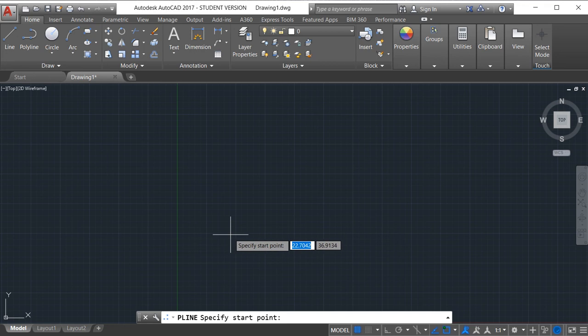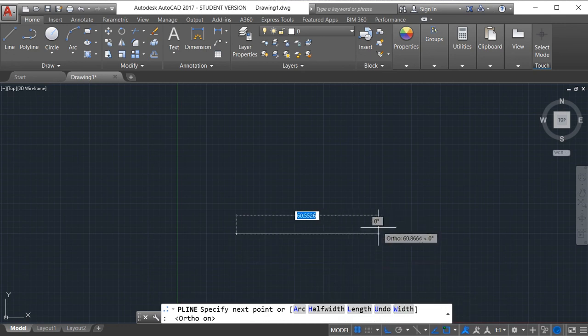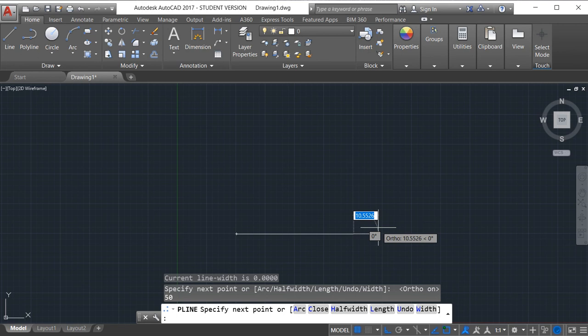So press on the start point. This is our start point. I will turn on ortho, then I will specify length as 50. Enter. Now we can draw arc also by using this polyline command. So I am going to draw arc here.